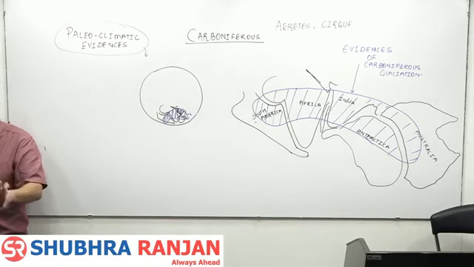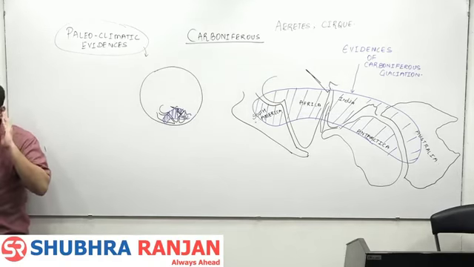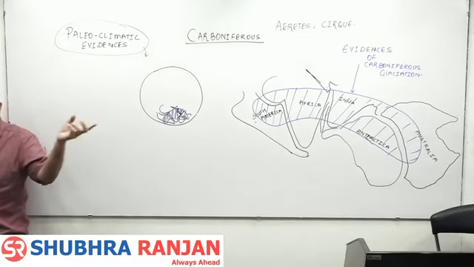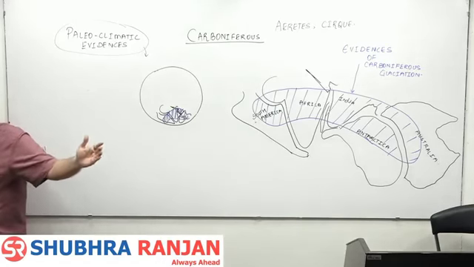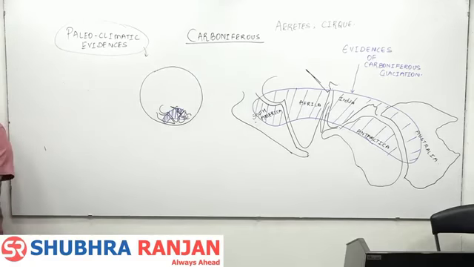Then came the 1940s, when the US Navy was working on building telegram communication lines between the West Atlantic and East Atlantic. They thought the telegraph line would be laid down easily because the ocean floor would be flat. But when they went below the ocean to lay the line, they saw that the ocean is not flat. It has a mid-oceanic ridge. It has mountains. Then they calculated the age of the oceanic crust and found it is very new. They also found that the Atlantic is drifting westwards, and over time there was a regeneration of interest in the continental drift theory.